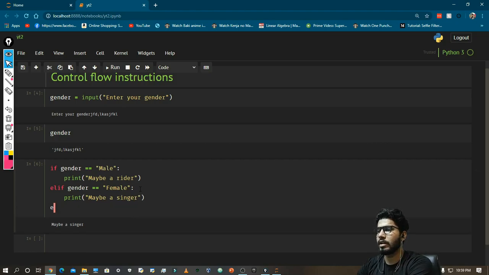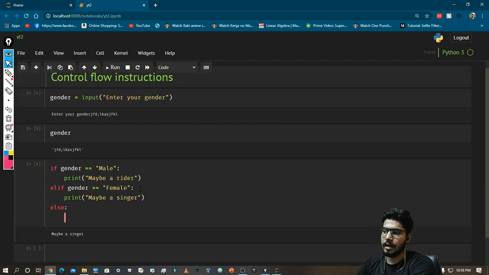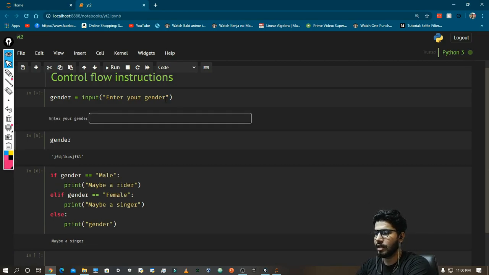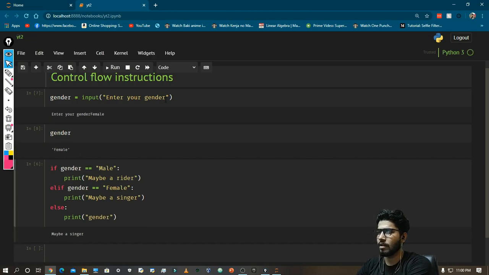And then you can use else, and then you can print gender. So we will see what the gender of the other person is. If I write again, let's say first female, now it is showing maybe a singer.